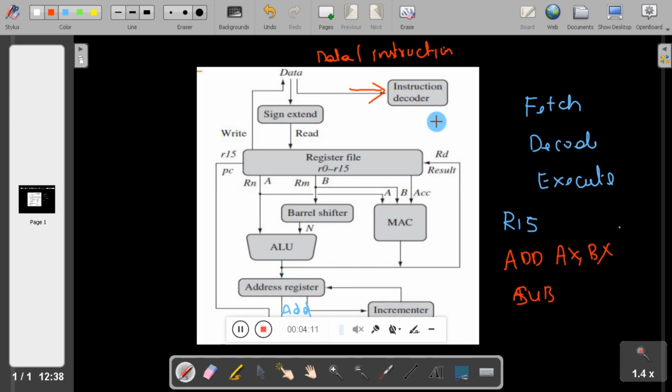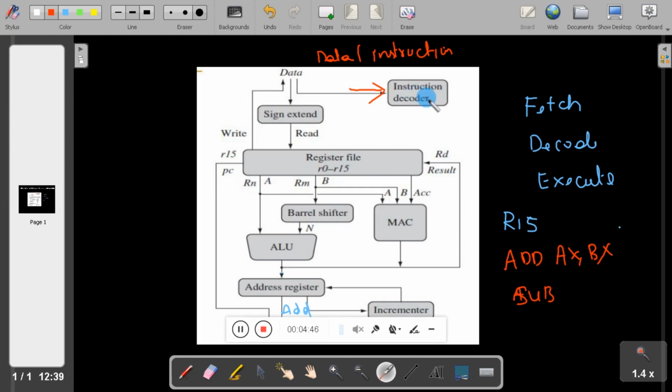In ARM7, as I told in my previous video, a hardwired execution unit is used for the decoding purpose. The advantage of the hardwired execution unit is that it will decode the instruction in one clock cycle, compared to a micro-programmed control unit which is used by most CISC processors. So the instruction decoder makes use of a hardwired unit which decodes the instruction in one clock cycle.